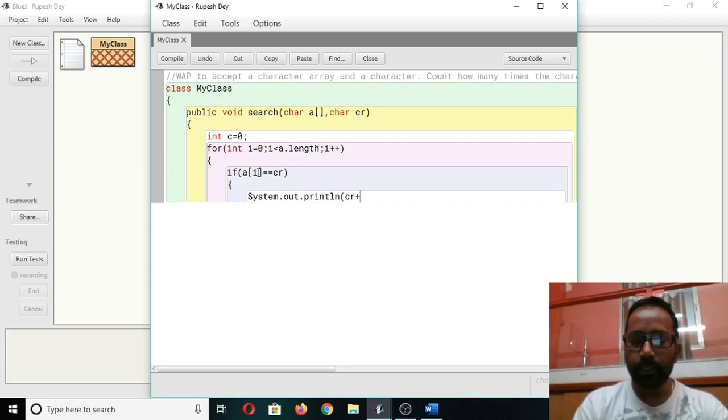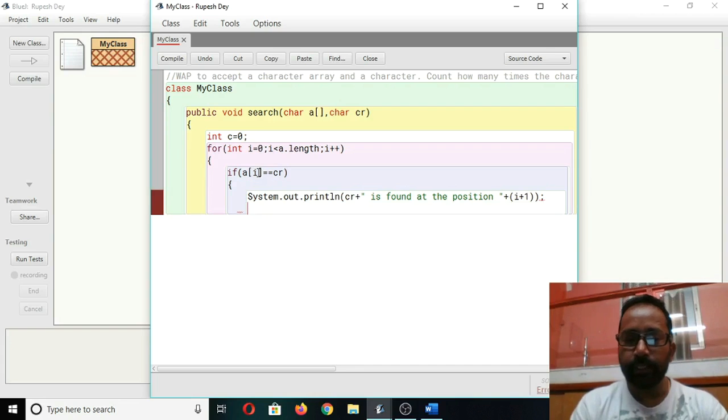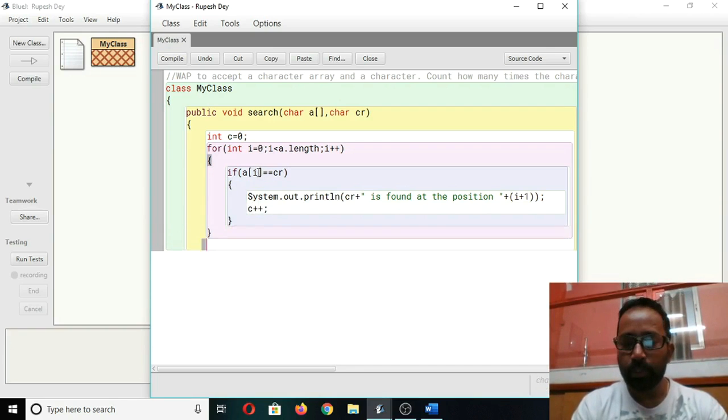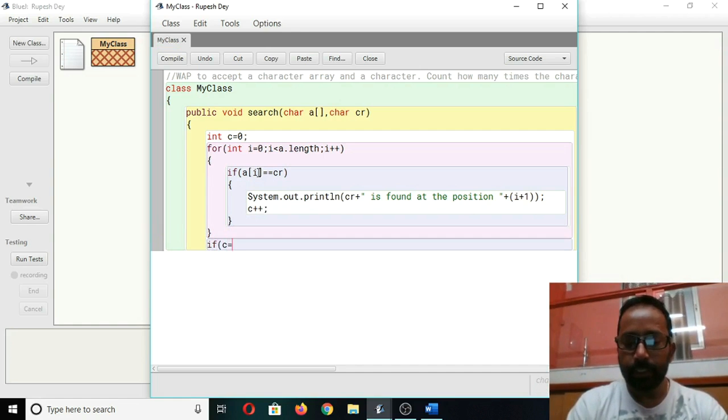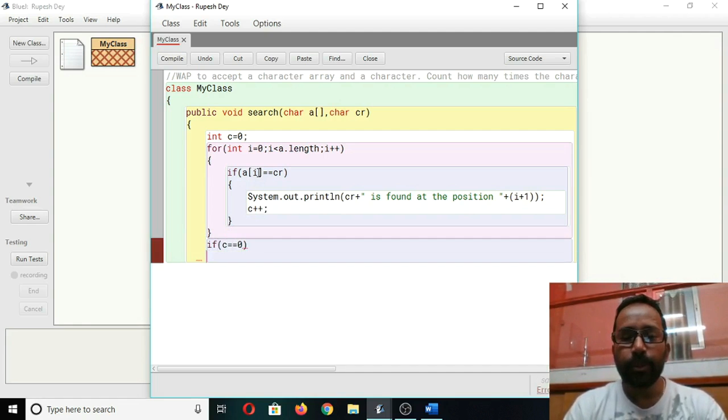System.out.println cr is found at the position i plus 1. So i plus 1 is the position when i is index. Now you count the occurrence also in c variable, c plus plus, close this if, close the loop. Then after the loop, you have to check the value of c. So if c is equal to 0, that means c retains its initial 0 value, means cr is not present in the array. So print one message,